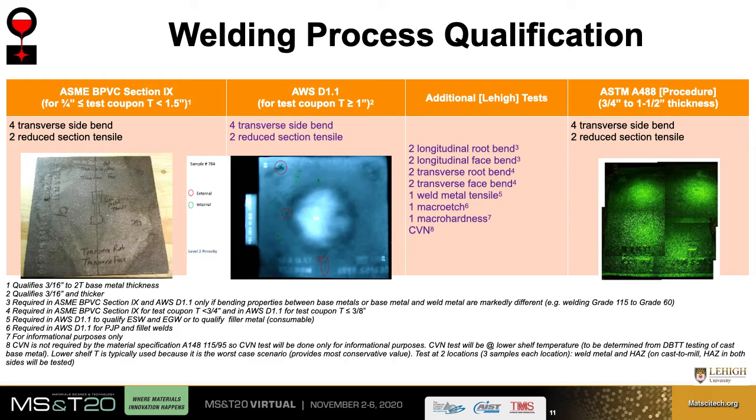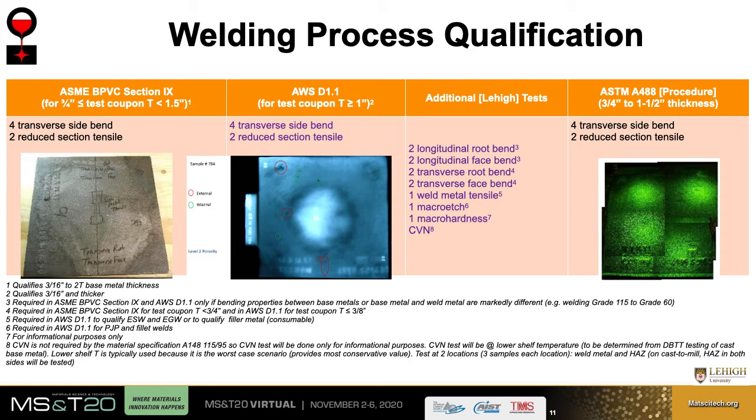To demonstrate that cast steels are weldable like the wrought grades of similar chemistry and that castings can be fabrication welded to other building construction components, we conducted weld trials and performed all testing that can be done. This table summarizes the tests required for the plate thickness we use per D1.1 and other welding standards, and all the other additional tests that we did.